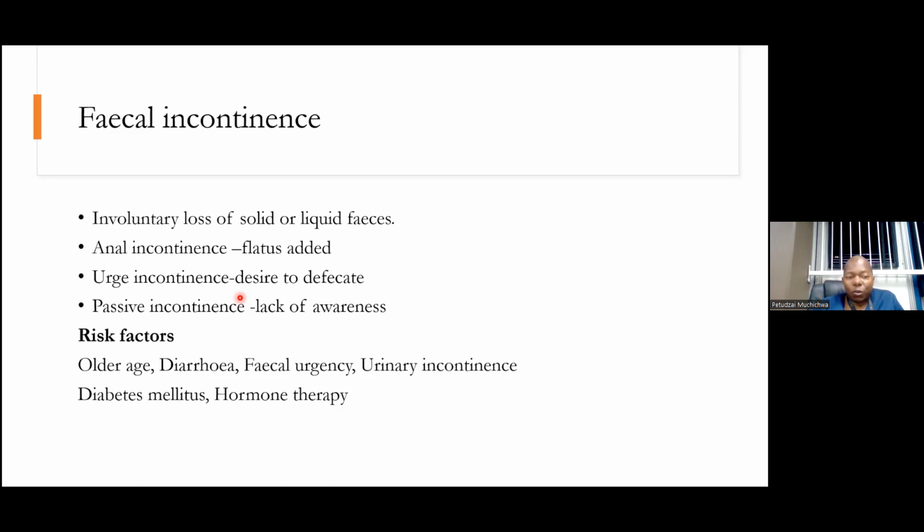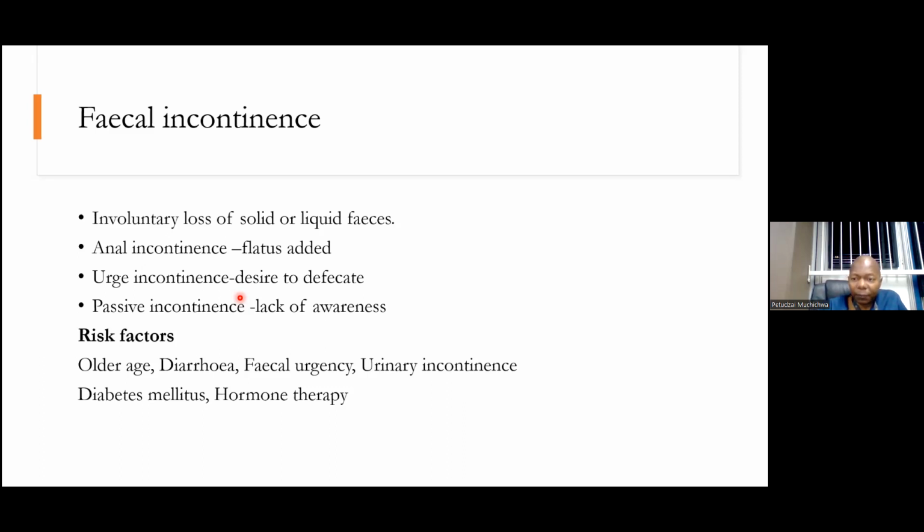We usually also define it as urge incontinence when the desire to defecate is preserved, or passive incontinence when there's also lack of awareness that I need to pass stool. And the risk factors for fecal incontinence include old age, diarrhea, fecal impaction, also urinary incontinence, patients with diabetes, patients